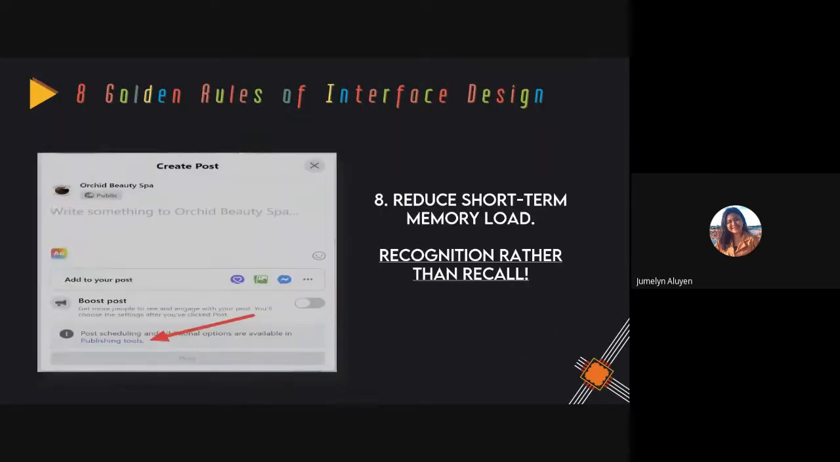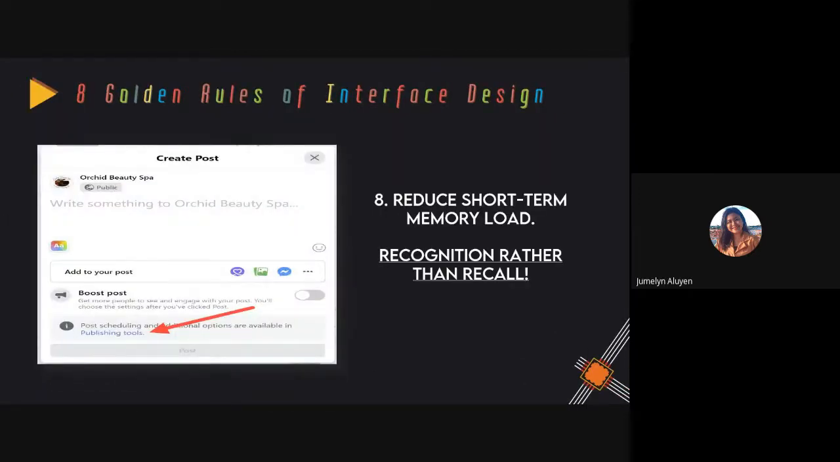Next is reduce short-term memory load. Recognition rather than recall. So recognizing something is easier than remembering it. Minimize the user's memory load by making objects, actions, and options available. The user should not have to remember the information from one part of the dialogue to another, and instructions should be visible. So personing nasa picture, no, when you post sa Facebook, no,